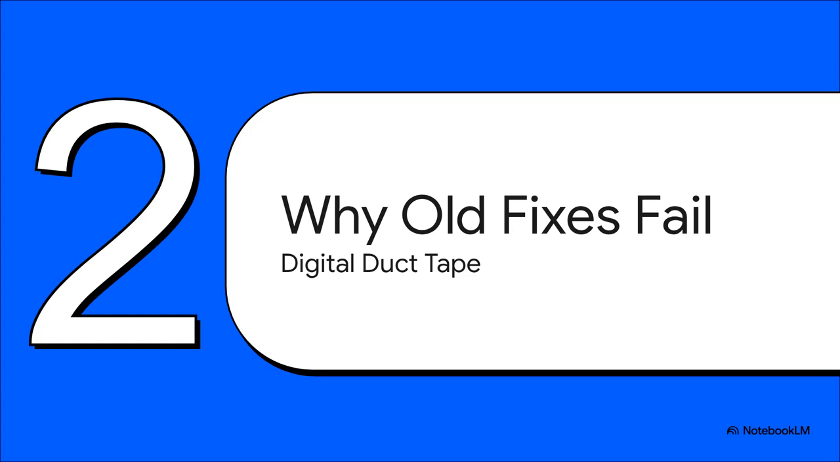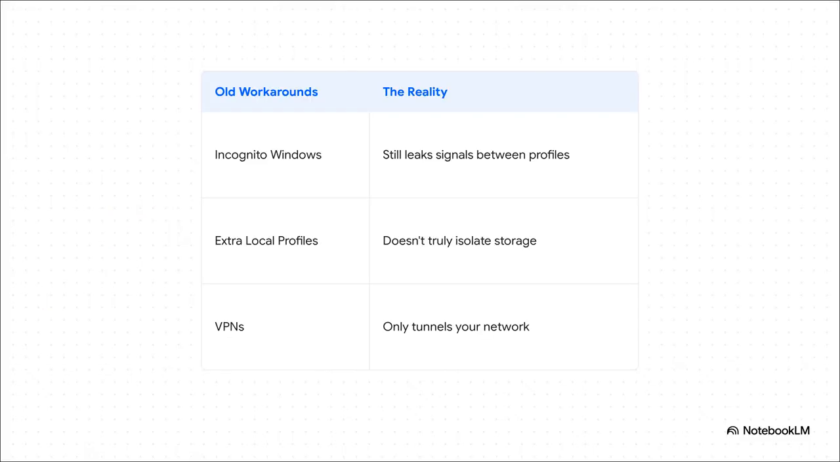We try to find workarounds, right? We've all been there. But let's be honest, these old fixes are basically just digital duct tape. They don't actually solve the real problem, especially when you're working in a team. Let's break down why. We all think incognito mode is our savior, but it's not. It still leaks signals between different profiles, and creating extra local profiles on your computer, it's clunky, and it doesn't